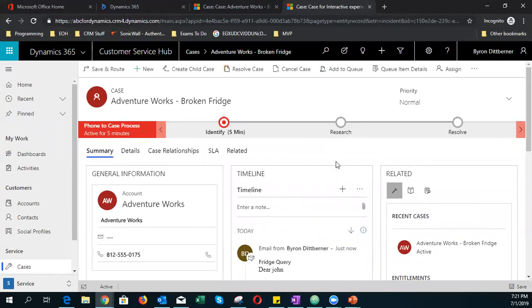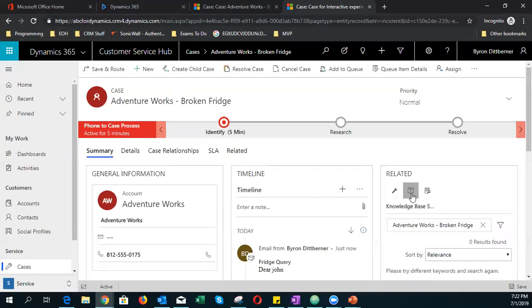Now, one thing you'll notice that's quite different is on the side here, you've got these related tabs. My favorite one is this little one that's a book. Now, you'll notice in older versions, these 3 buttons are vertically positioned on the right-hand side, not horizontally positioned. You just got to look out for it, right? If you click on this little book, what you'll notice is